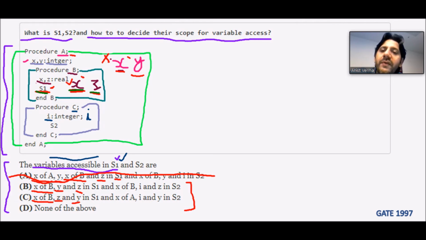There is one global variable X with the same name, so we cannot access that. There is one more global variable, Y, with no name issue, so we can access it. So we can access Y, X and Z inside S1.